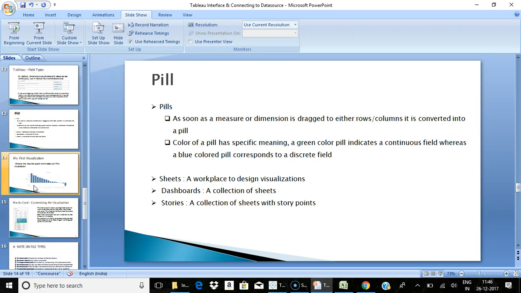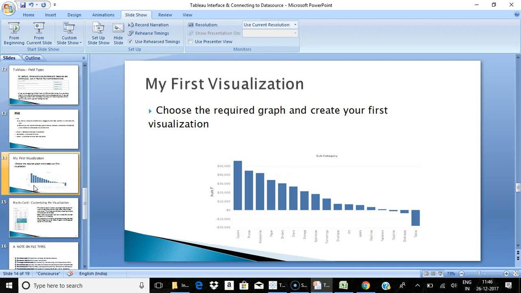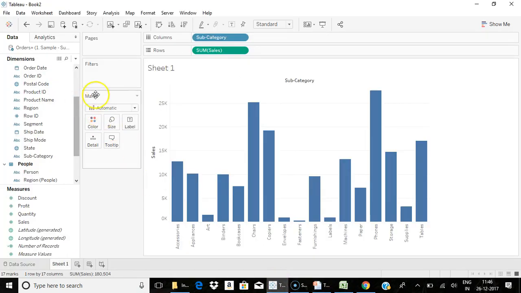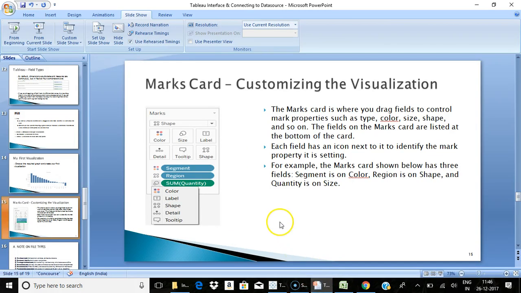Once you create your first visualization, we have to customize it using the marks card section. The marks card allows us to introduce colors, labels, tooltips information to your graphs. Marks card is where we can drag the fields to control the mark properties such as color, size, shape, tooltips, and so on.